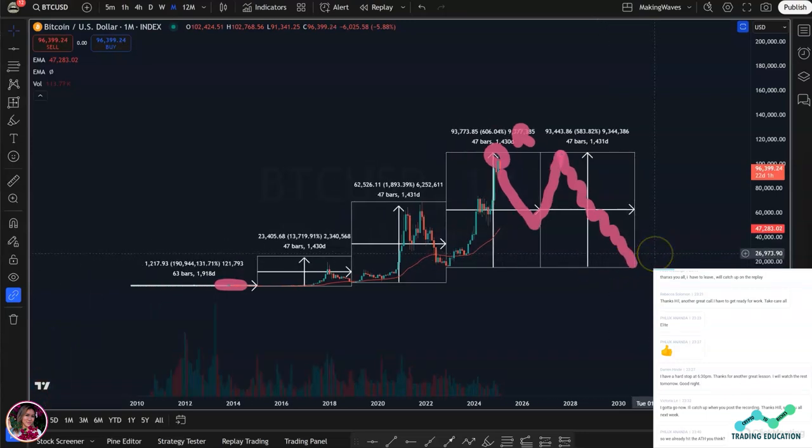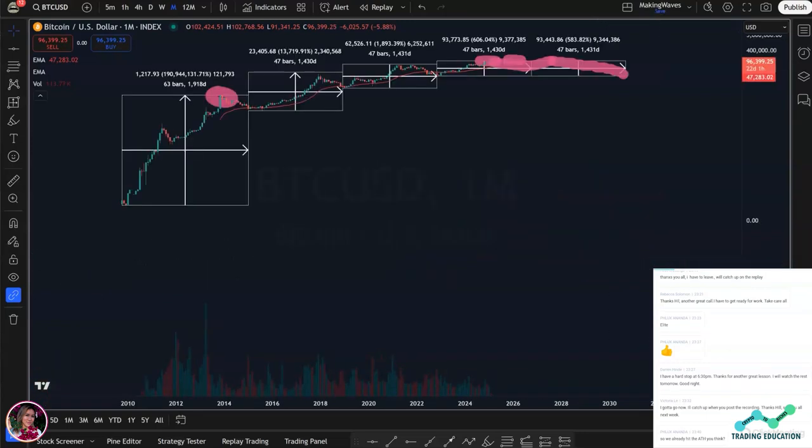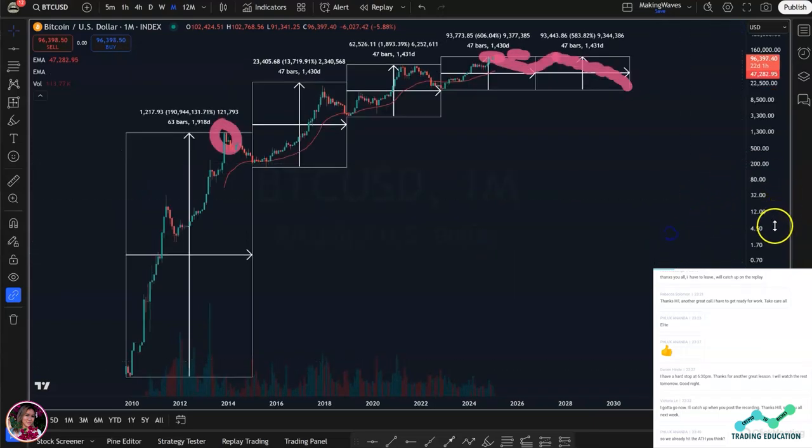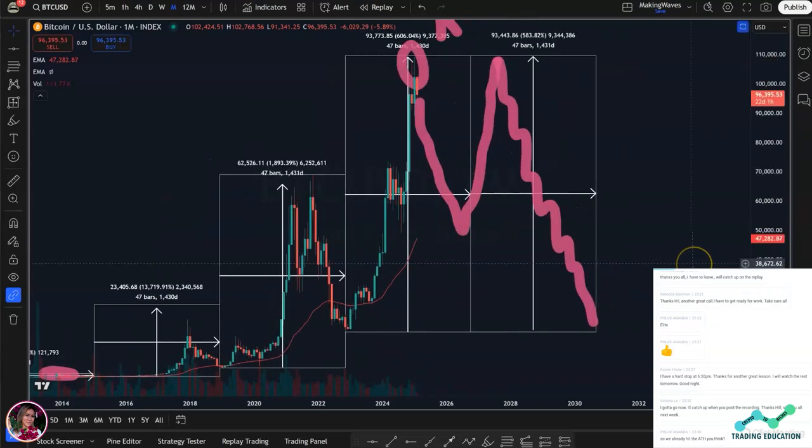So that's it. Let's put this back on the log chart. It could look something like that on a log chart. That's not really the best drawing. Let's go back. It could look like that. That's my thesis. On a 4-year cycle, the first part is I don't think we get a new all-time high, and the second part of my thesis is I think it becomes a left translated cycle, just to trick everyone, just to make it hard on everyone.